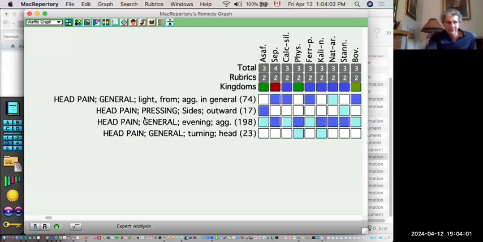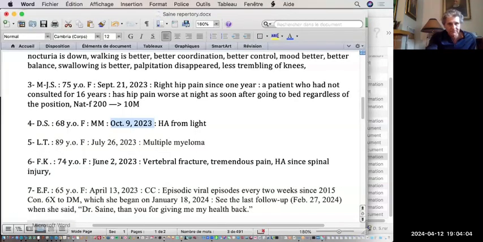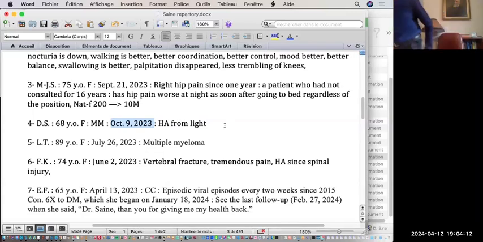So what happened to DS? Let's look. Oh, it doesn't say it. Yeah, it was a headache, especially worse from light. So I can tell you because her file is here. She's been taking the azafatida since October 2023. She's taking now the CM, and everything got better. Everything got better in terms of the multiple myeloma. Her M protein just started to dive after the azafatida.